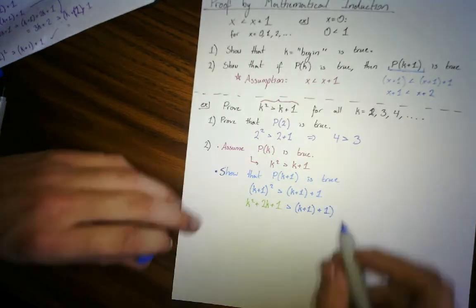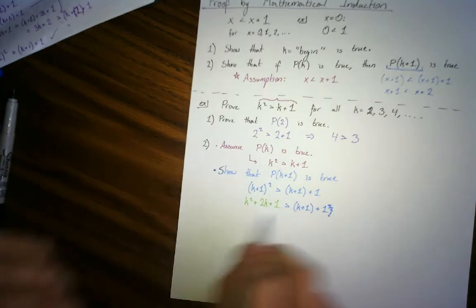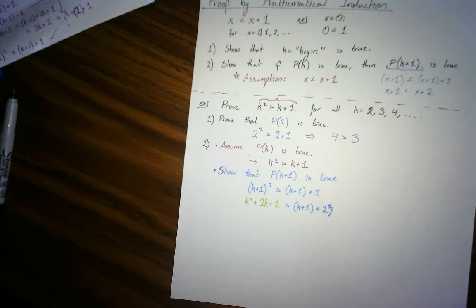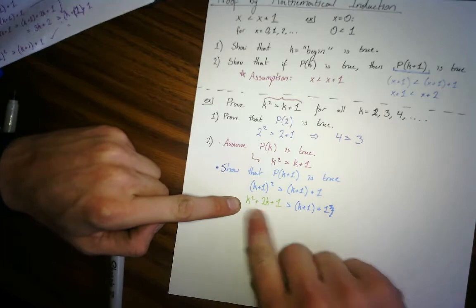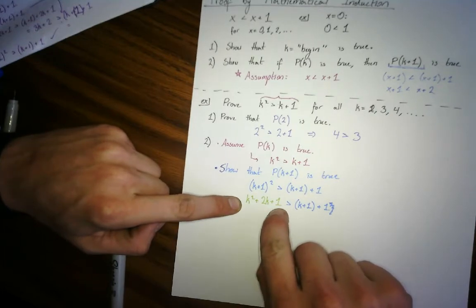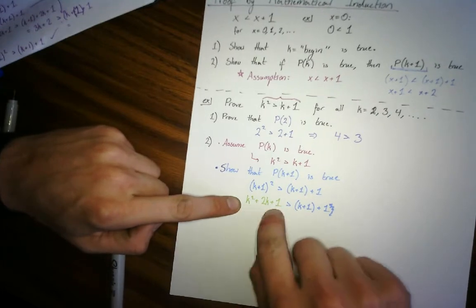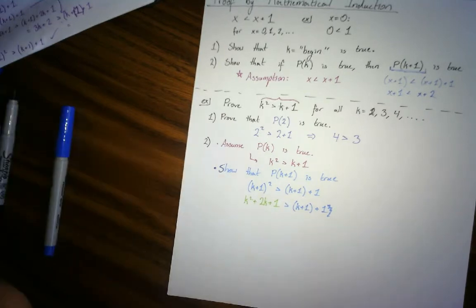But I want to focus on this green side right here. I want to look inside and see, hey, I have a k squared. So if k squared plus 2k plus 1 is one of my values,